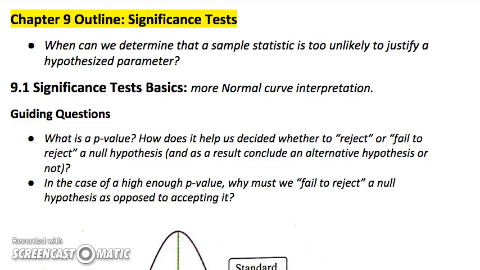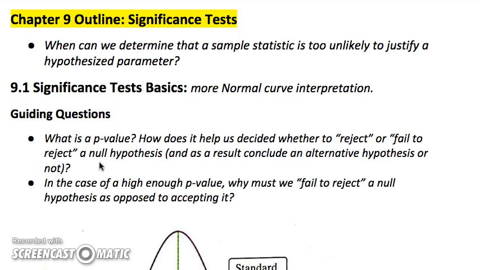This is the Chapter 9 outline on significance tests. And we're determining when we can determine that a sample statistic is too unlikely to justify a claim. So when can we say our sample statistic is far enough away from what somebody claims so that it couldn't possibly be true? And to determine how likely it is we would get a test statistic or our sample statistic that we do, given that the claim is true, we use a p-value to determine how likely it is that